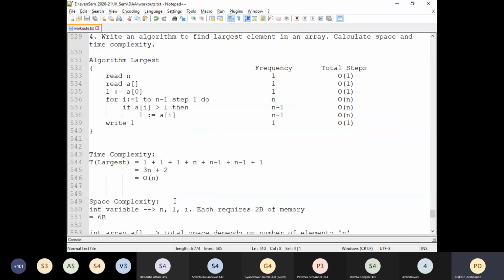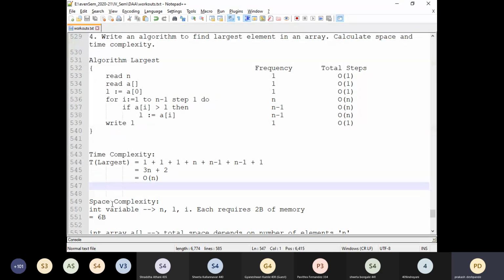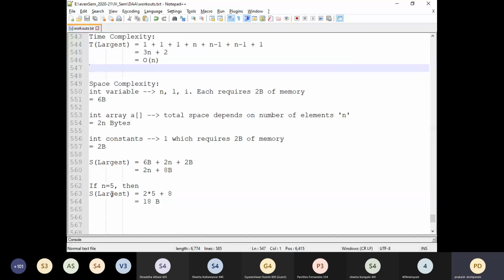Fourth assignment. You can take it till the time complexity, and the space complexity you can take later. Taken? I will scroll it down further now. Space complexity.